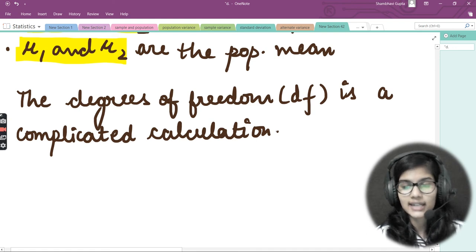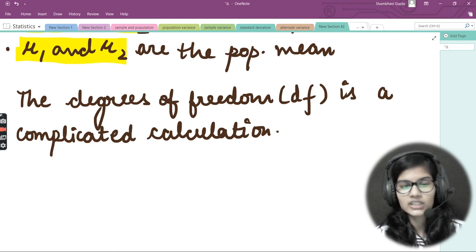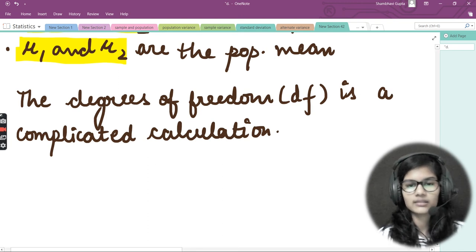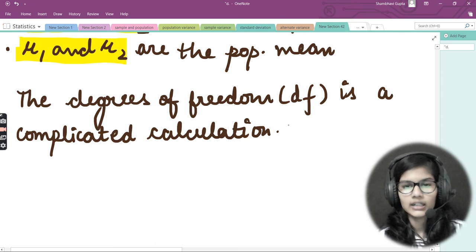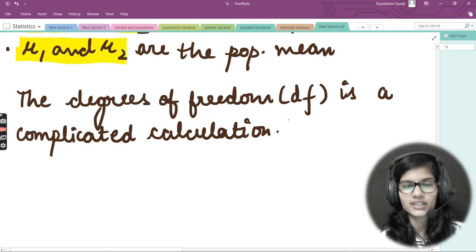Okay, the test statistic calculated, that is the t-score, is approximated by the Student's t-distribution with DFs as follows. Let me write that out. One more thing: if you calculate the degrees of freedom with the help of a calculator, it can easily be calculated. But if you do it manually, you can make some mistakes at some point. Okay, let me write that.